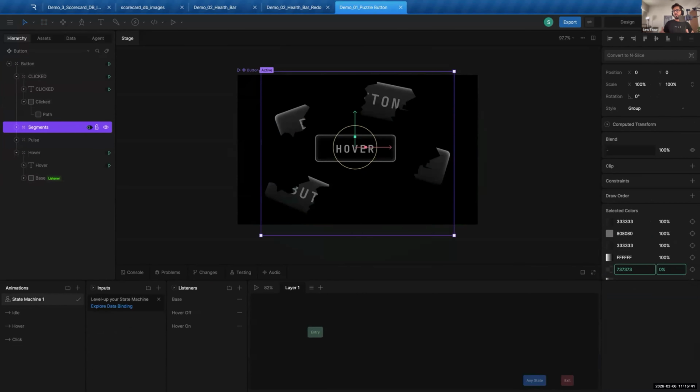state machine in Rive is a logic layer that controls how animation changes based on condition. It's made of states, which are animations, inputs, which can be Boolean, number, or triggers, and transitions that decide when and how the animation moves from one state to another. So, for